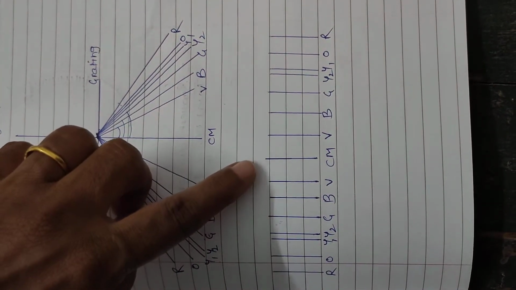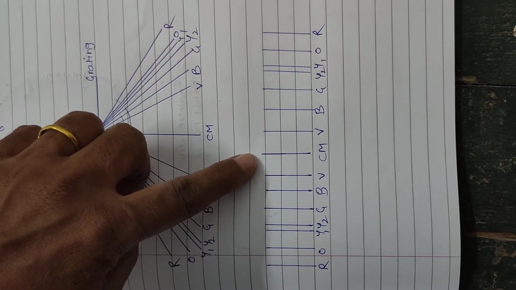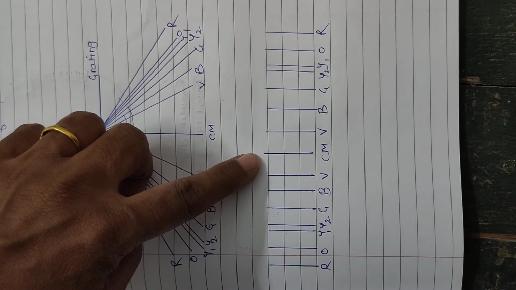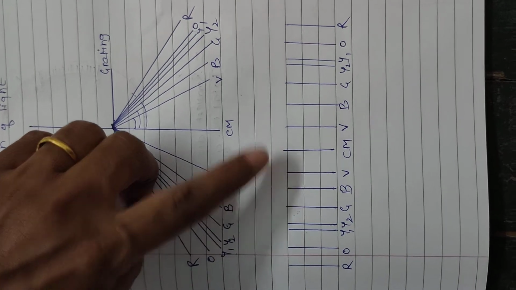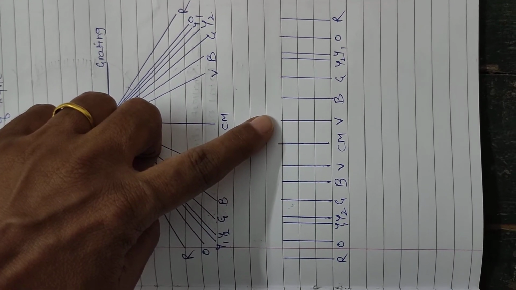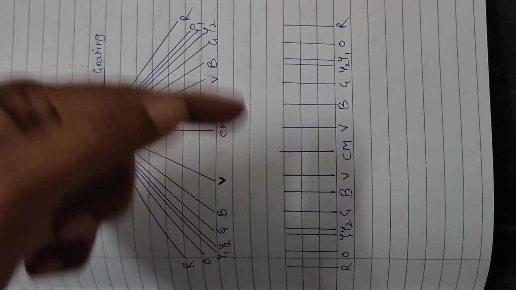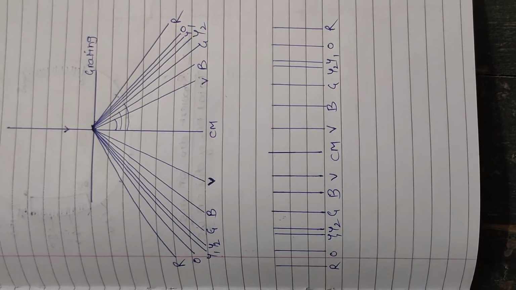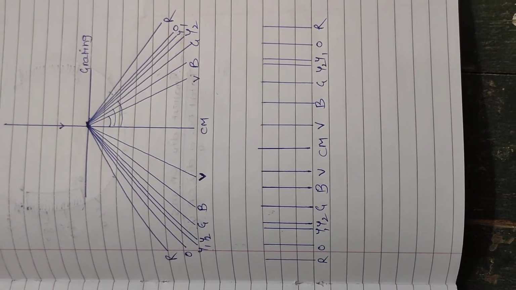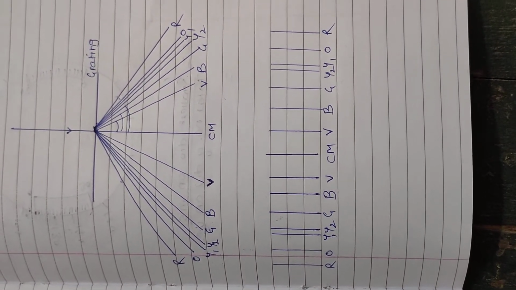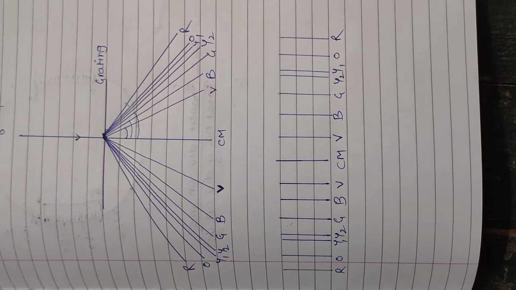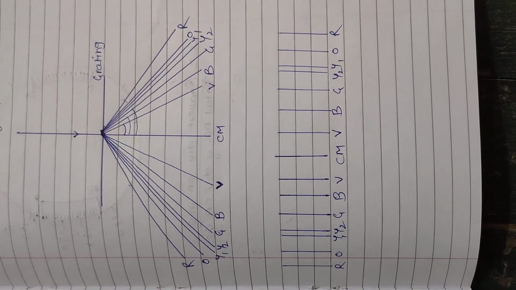In this spectrum you can see the central maximum having the same color as that of the source. Then in first order secondary maxima on both sides you have violet line, then blue, green, yellow, and so on up to red color lines. Initially I will show you this spectrum through the telescope, then we will calculate the least count of the spectrometer, and we will see how to measure the angle of diffraction.